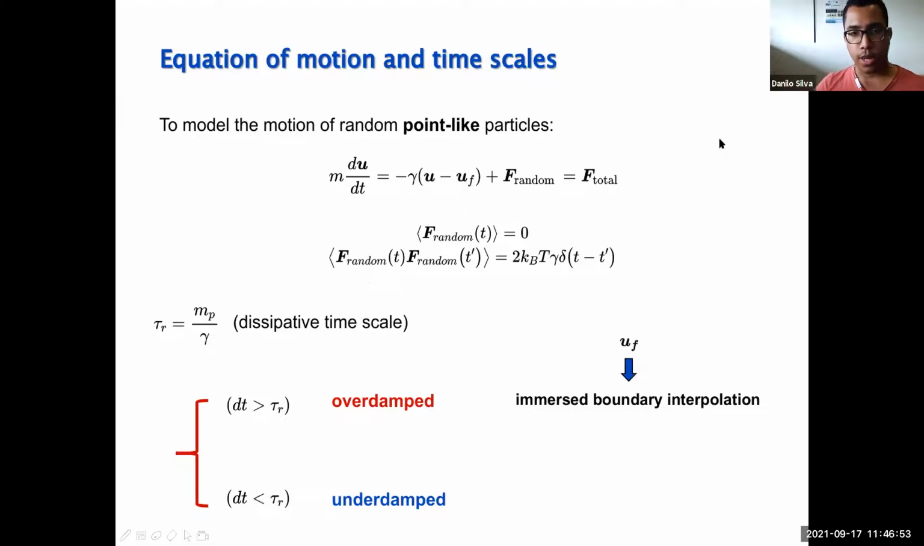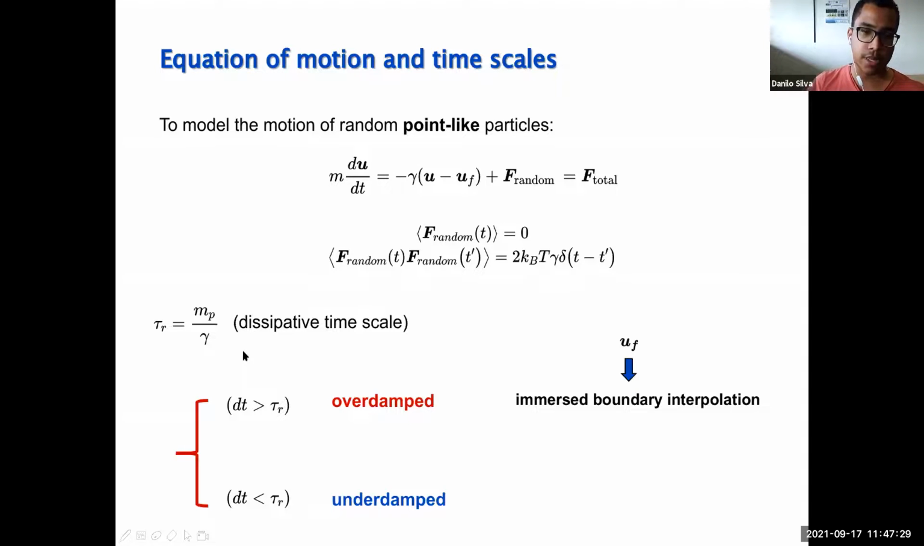Now that we know how to simulate the motion of capsules in a fluid, let's compare them with the motion of point-like particles in the fluid. The motion of these random particles in the fluid can be given by this equation of motion, which has a friction coefficient due to the particle interacting with the fluid, and a random force, which accounts for the interaction of all the molecules with the particle. This random force has an average of 0. And we need to take into account also the dissipative time scale, which is the time it takes